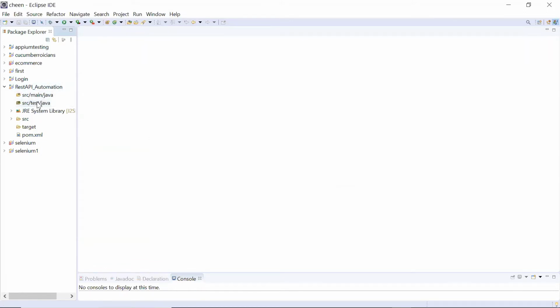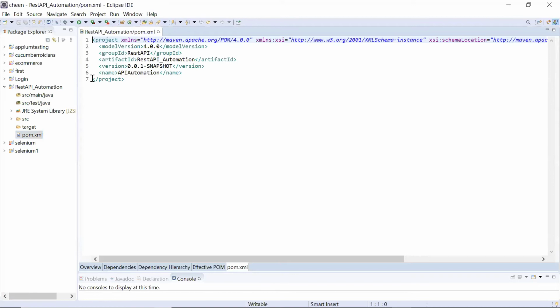So I do have these two folders now, src/main/java and src/test/java. This is my pom.xml. Guys, if you have worked on a Maven project, you can understand in pom.xml, we add dependencies. So this is my local repository, and I will be fetching data from the remote repository by adding its dependency. If we open pom.xml, you will see that it is now looking like that. There is no dependencies clause over here because we created a simple project. A simple Maven project will not have any dependencies tag over there.